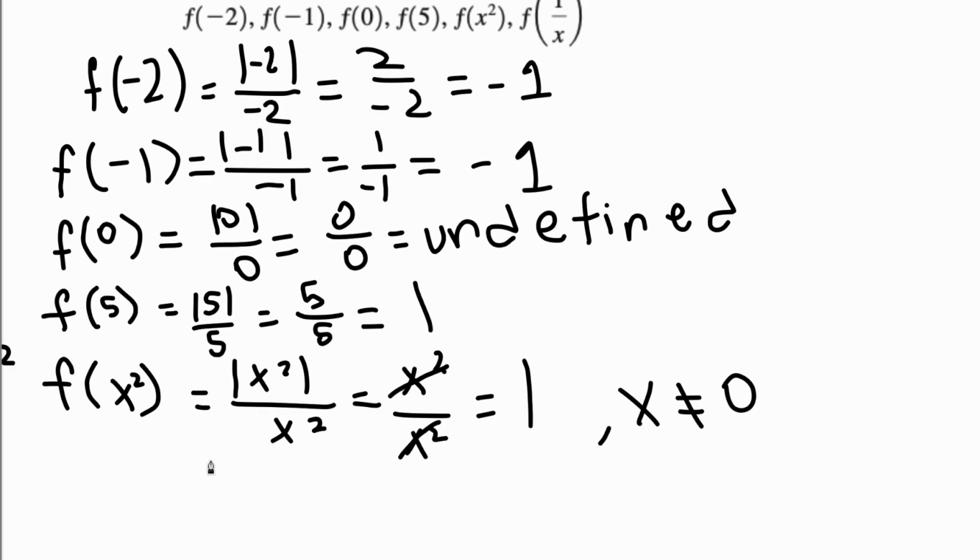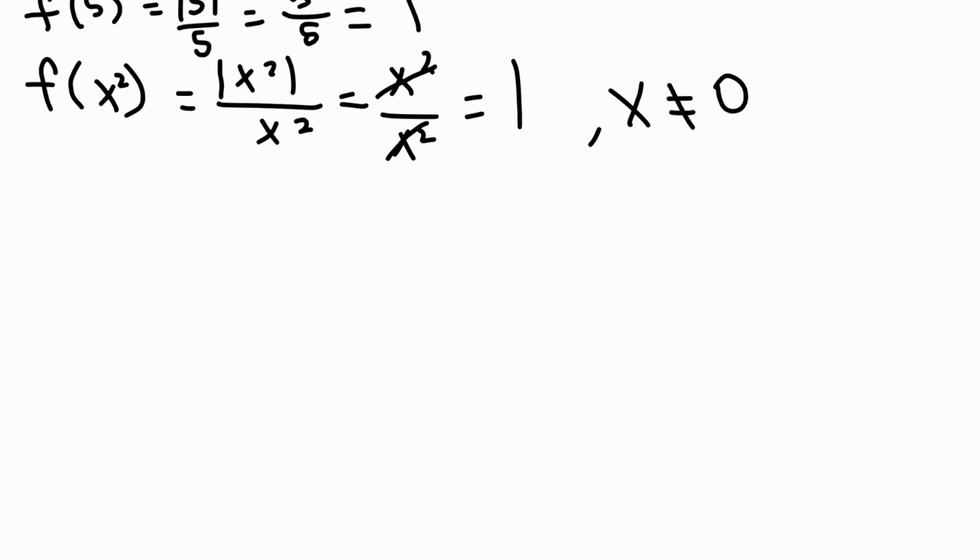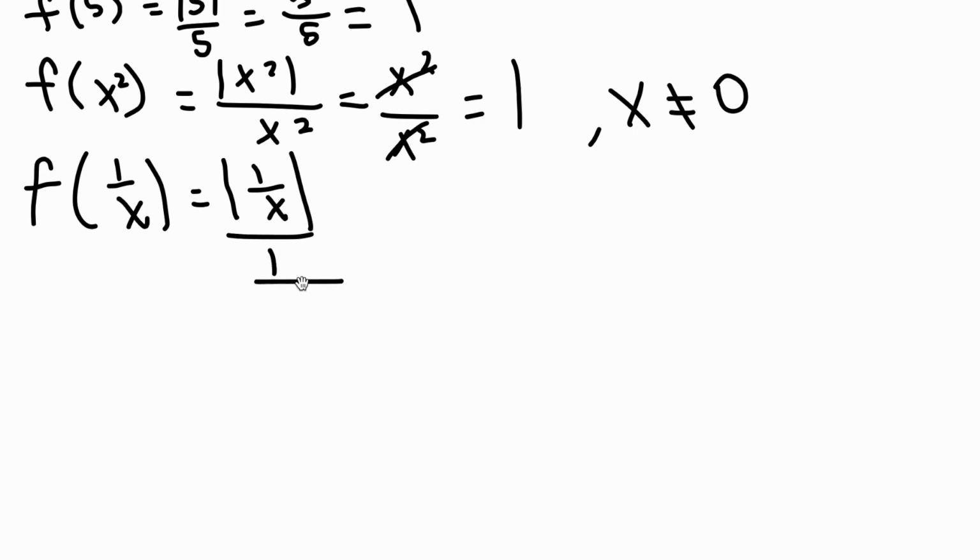f of 1 over x would equal 1 over x over 1 over x. Here, the absolute value of 1 over x simply removes any negative sign, resulting in a positive 1 over x if x was negative, and remains 1 over x if x was positive. Now let's do this. So absolute value 1 over x. Shoot, one second. 1 over x, it would become, and 1 over x,